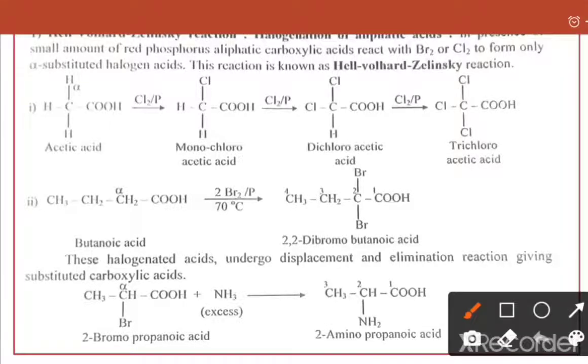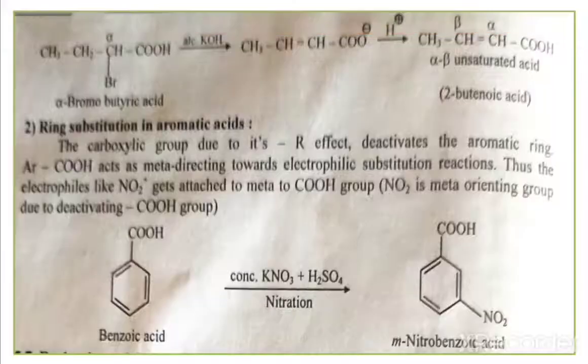Now then, in this example here, these 2-bromopropanoic acids on treatment with the excess of NH3. Now then here this NH3, it acts as a nucleophile. Now then here this will attack on this alpha carbon, and here departure of this bromine, and here we get the 2-amino propionic acid. That means formation of 2-amino propionic acid. That means here there is a displacement of this bromine by the NH2 group. Now the elimination is also possible.